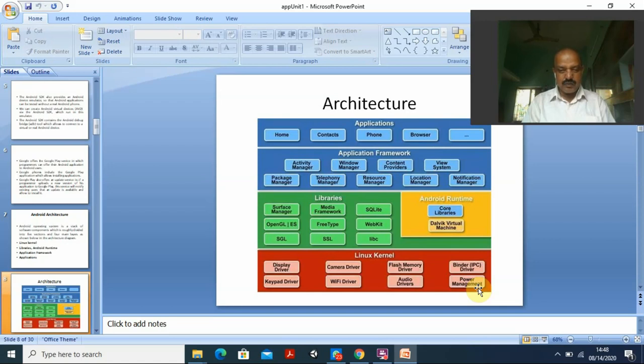What is this display driver? From the name you can understand. What is related to display? We need a driver, because you know what is the job of a driver. A driver is also a bit of software. It is just like the interface between the human, as well as some devices, with the computer system or the CPU.